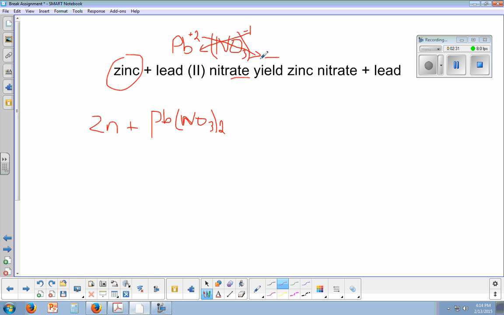Okay, now yield is my arrow. So there's my arrow. We have to do the same thing now again for zinc nitrate. So zinc, there's no Roman numeral, which tells me that there's only going to be one charge for zinc. So I look it up and it's +2. Nitrate, again, that's NO3, and that's going to have a -1 charge. And I know my N's look like W's, but we're going to do the same thing. We're going to cross this. So we have a 2 coming out here, a 1 coming down here. So this formula would be Zn